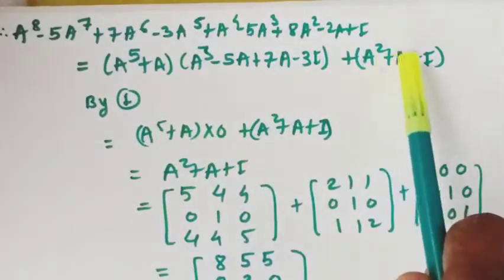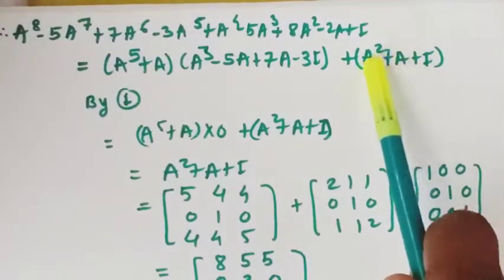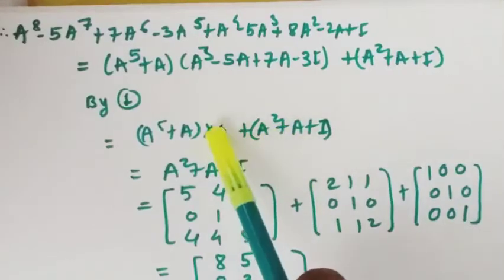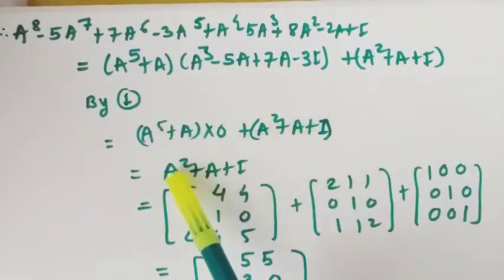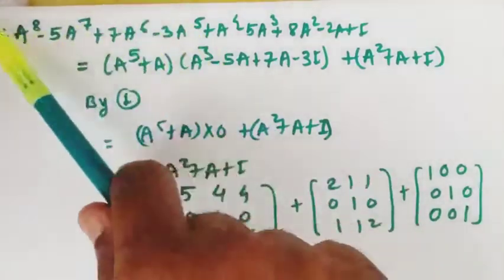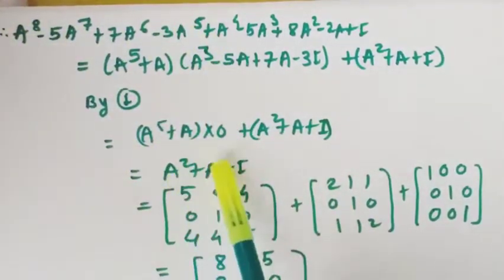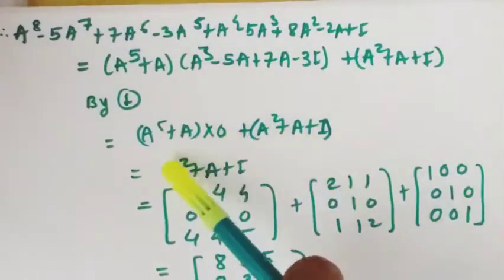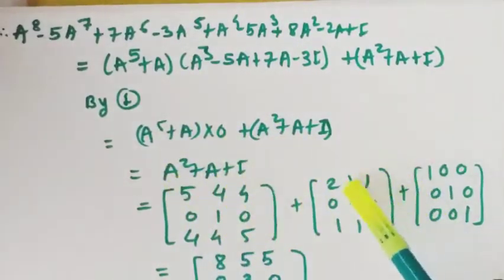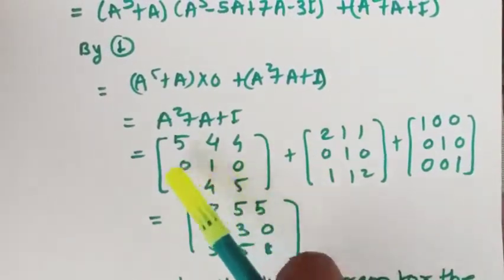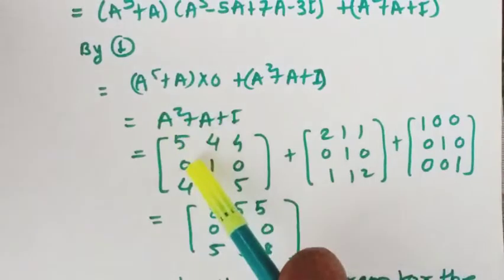So what will remain finally? The remainder. This is the remainder, A square plus A plus I. So this is 0, and this is the remainder, A square plus A plus I. So finally only the remainder will remain, right? Now this big expression is equal to what? A square plus A plus I, after doing the division. Now this addition of 3 determinants can be calculated easily. A square: the given matrix is A, its square will be this, meaning if you multiply A with itself, you will get this matrix.